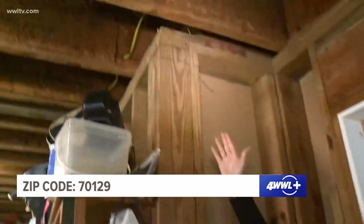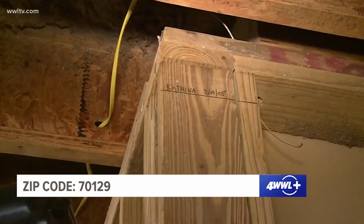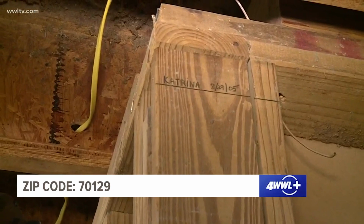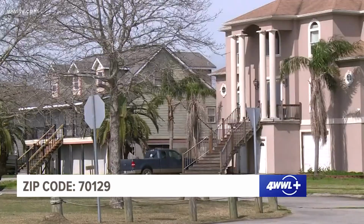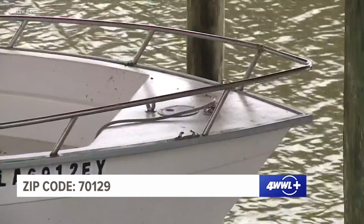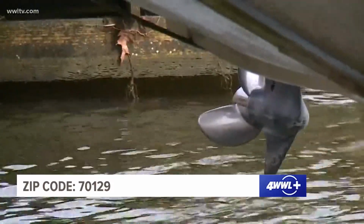Now, the main floor of this house is actually 17.5 feet. So the water didn't get that far, but they did have a lot of damage. Residents who live here live by a saying. It's nice when it's nice, but it's not nice when it's not nice. When you get a storm out here, you know, we're outside the levee district. I mean, just these last couple little storms that came by, we probably had 6 foot of water out here,